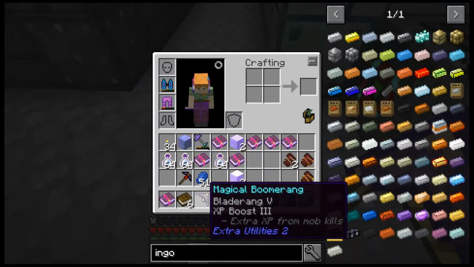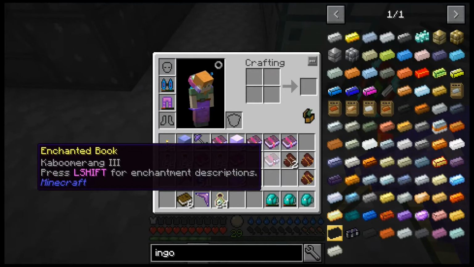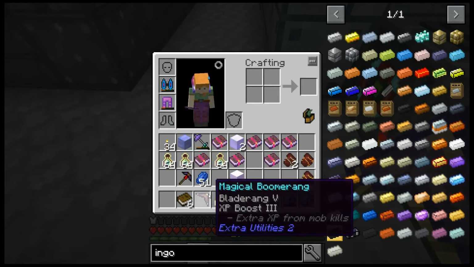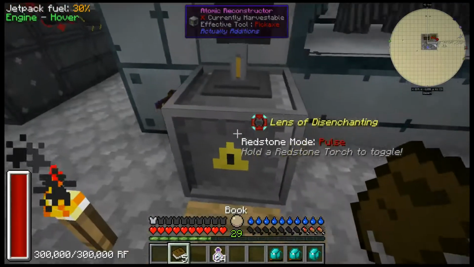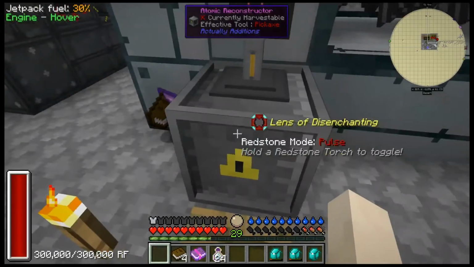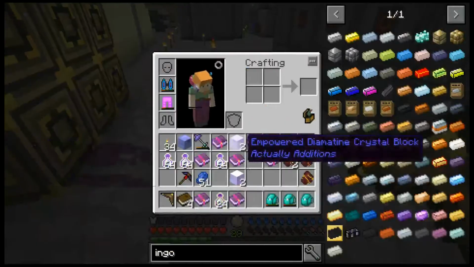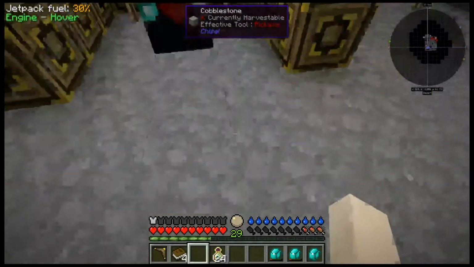And there's another one on it. There was a Kaboomerang 3 also. So this one got a Bladerang 5 and it, wow. This one's just epic. But now I'm only missing the one last enchant that I want, which is Zoomerang. And Zoomerang is super important because 1, it makes it go way faster. And 2,